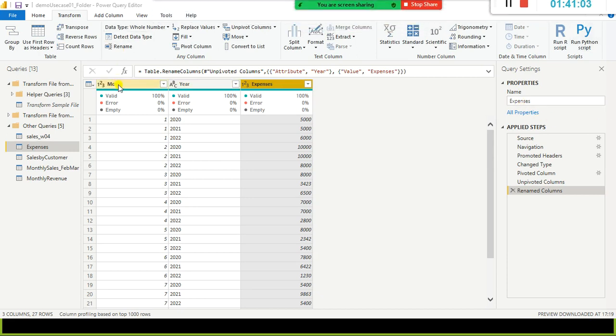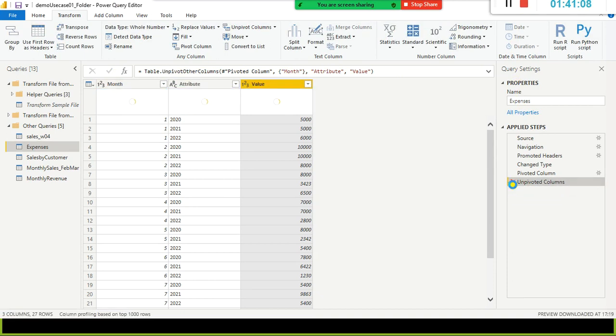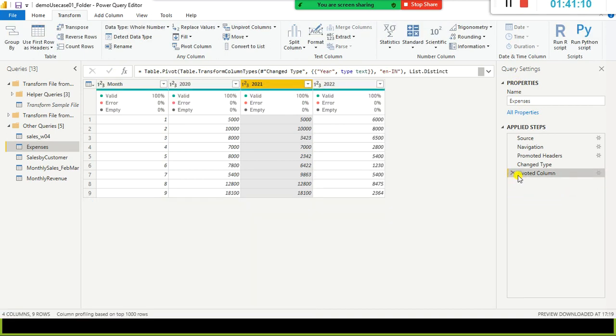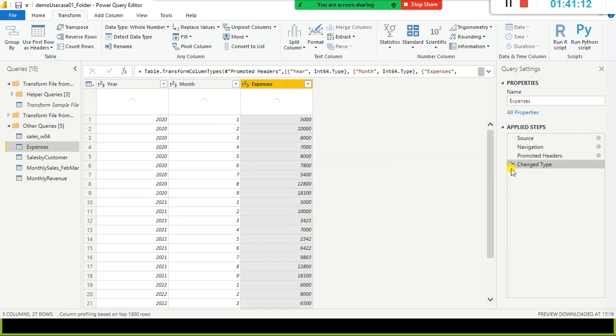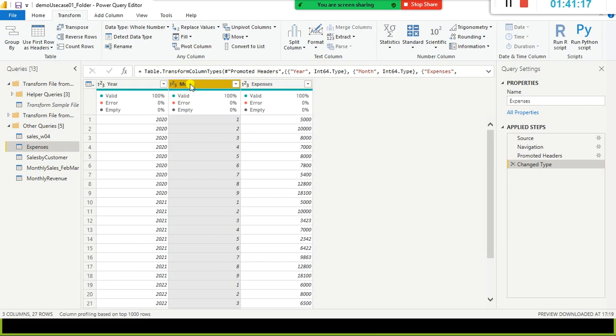Suppose, let's say, I'm going to undo this one and go back to my previous state. Now I want to pivot on month. So 1, 2, 3 is there here in rows. I want each month to get converted into a column.